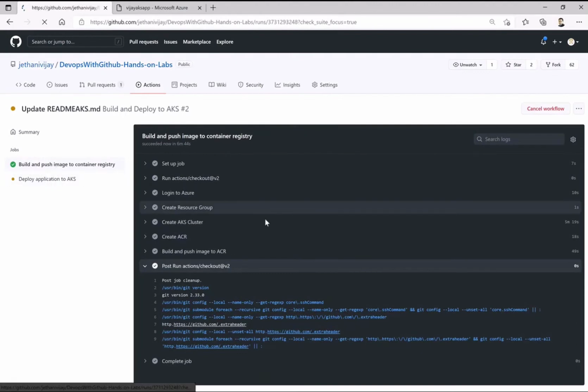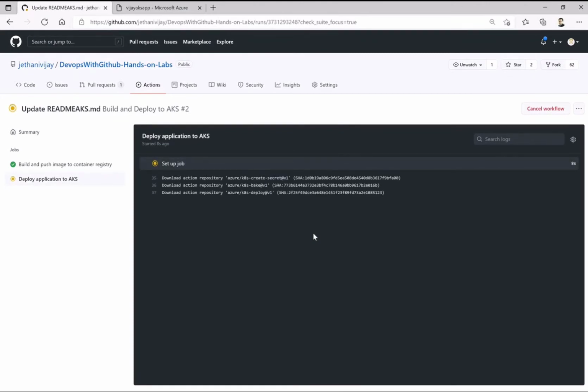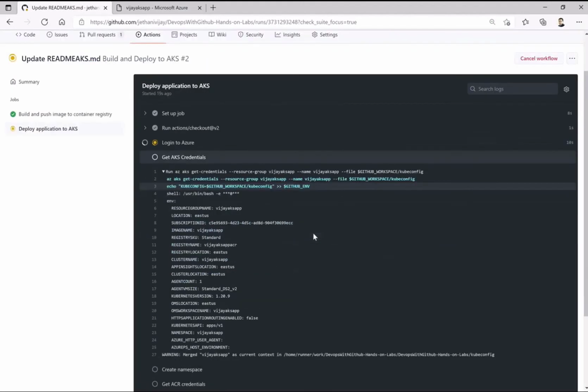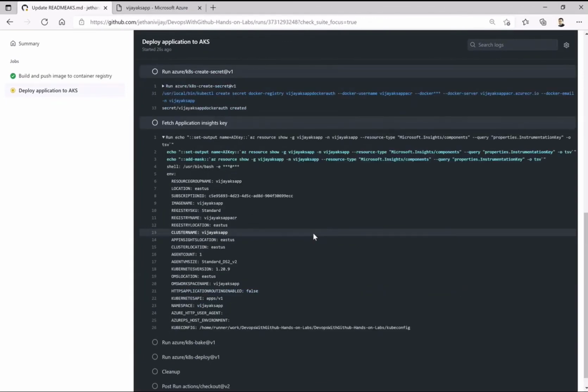Now we have started deploying to the AKS. Again, those particular charts are important, and getting the right credentials to authenticate is the key here. So I'm authenticating to the AKS cluster which was created in my previous step.